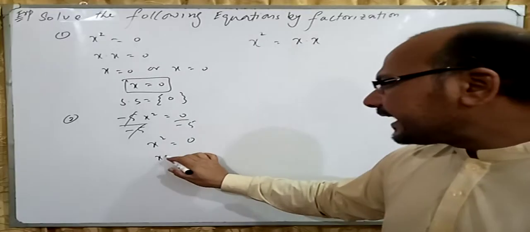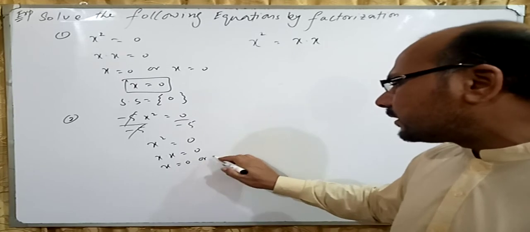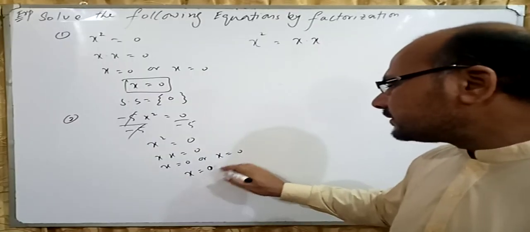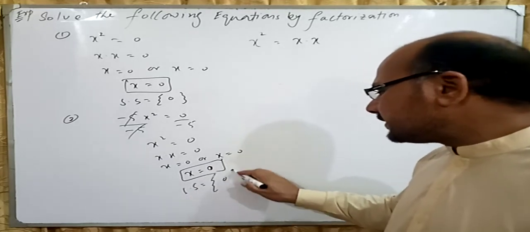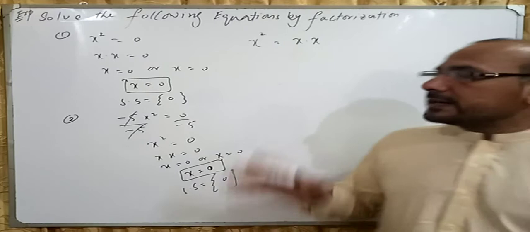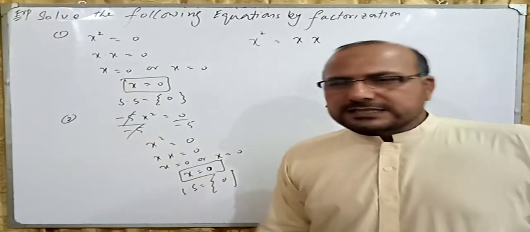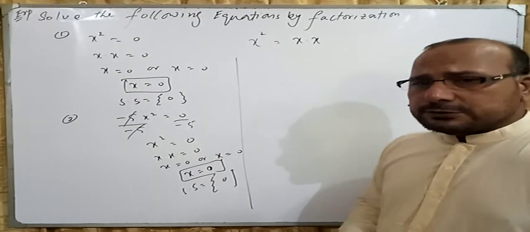Then you should write x multiplied by x equal to 0, or x equal to 0, because both are same. So the solution set is 0. By this way you can find out the solution set of the quadratic equations in case if we have a single term. Suppose if we have two terms,